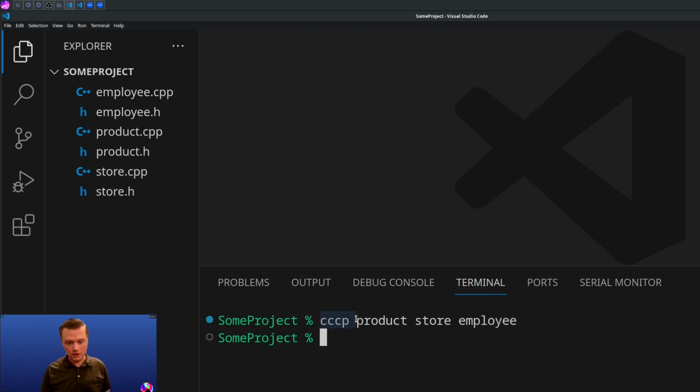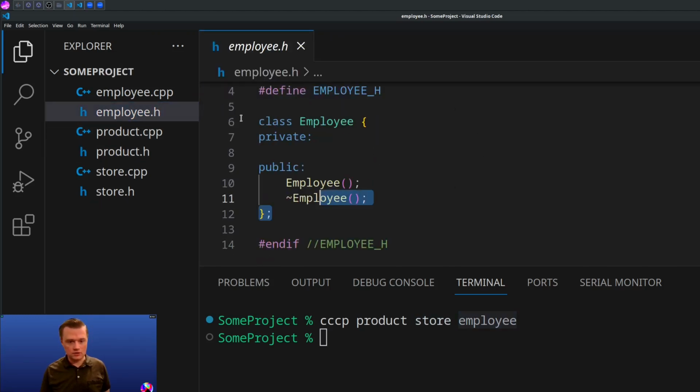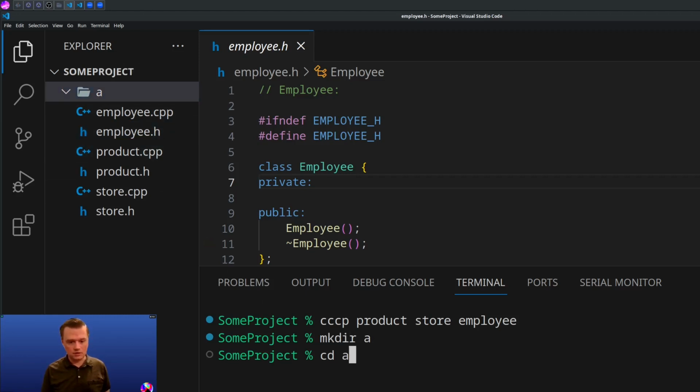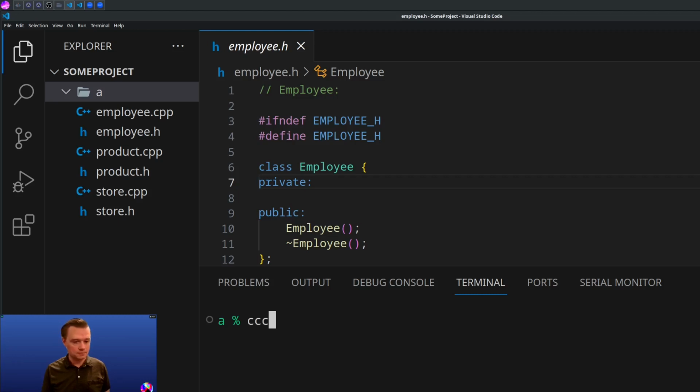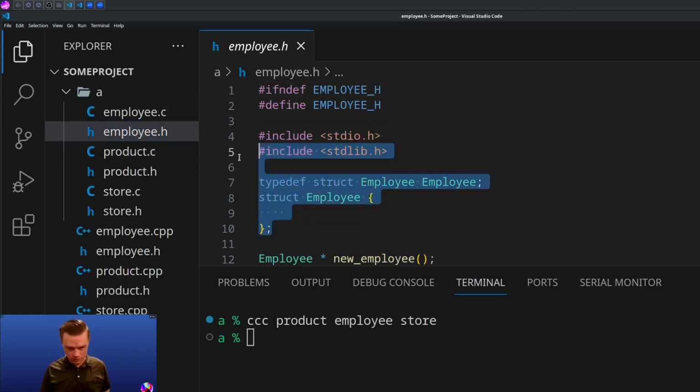So basically, I created a program called CCCP. I'll show you why in a second. Product, store, and employee. And then you can come in here and do that. There we go. Check this out, there's an equivalent program for C. I'll make a directory and then we'll cd into it and we'll say product, employee, and store. So you can do it for multiple different languages too